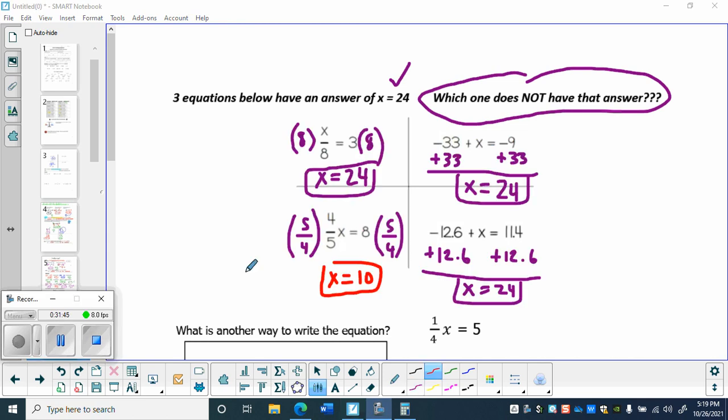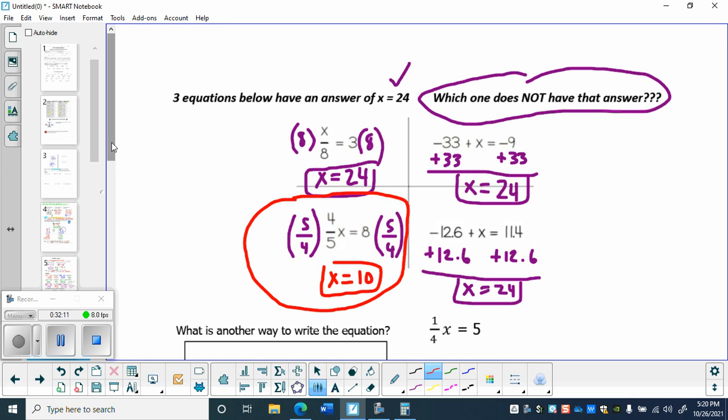Alright, so hopefully you made your way through all 4 of them, and I think that you'll see here, if you haven't already, that this is the one that does not equal 24. These 3 do equal 24. The work is there if you don't believe me or if you're unsure of how I got them. And the one that does not equal 24 is a 10. We have a reciprocal of 5/4. So 8 times 5 is 40, and 40 divided by 4 here would be a 10, so that's the one